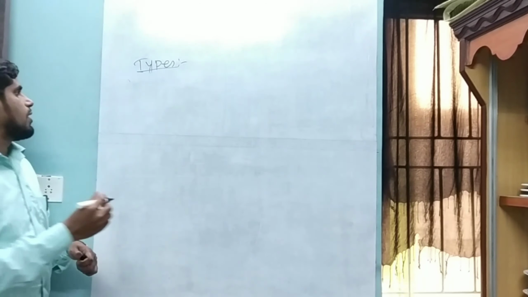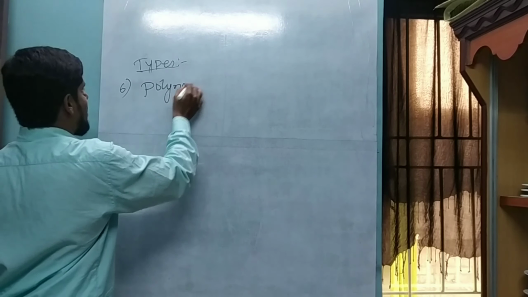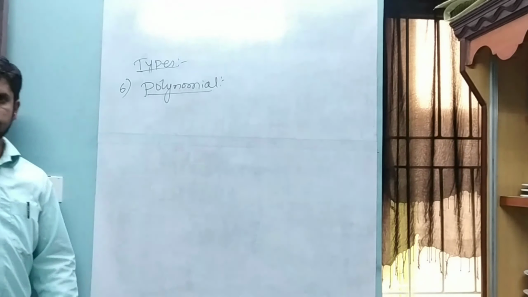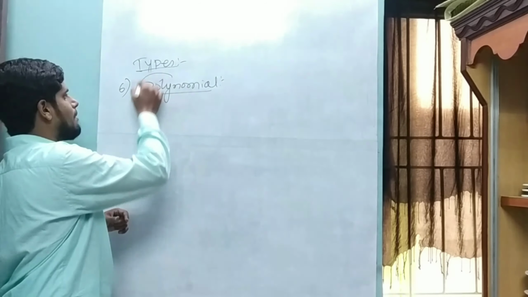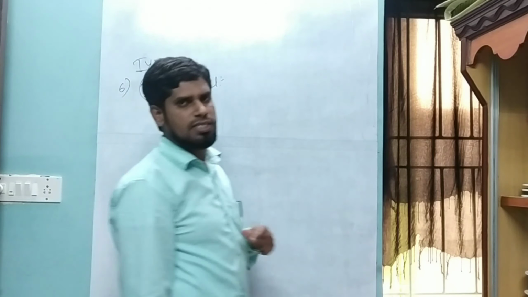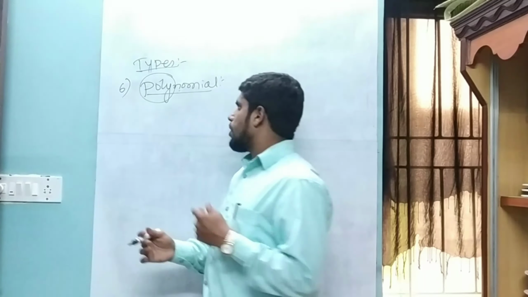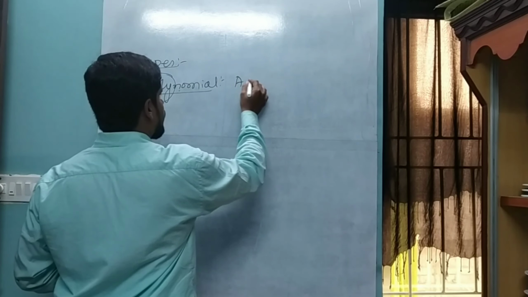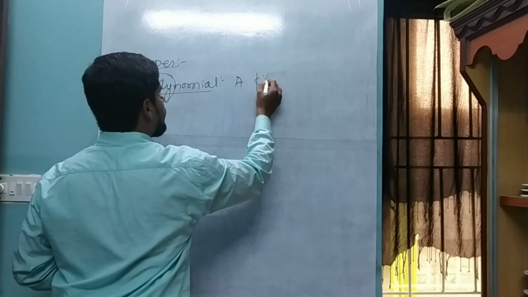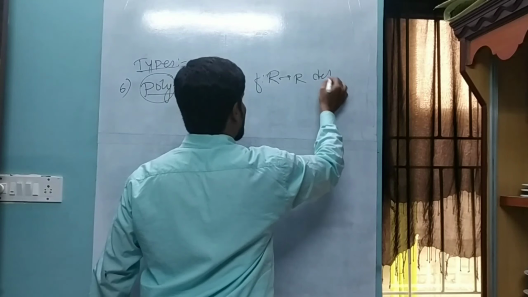After this, let us go to the next slide. It is a polynomial function. Poly means many, nomial means terms. A function which has many terms, that is a polynomial function. So what are polynomial functions? A function f from R to R defined by